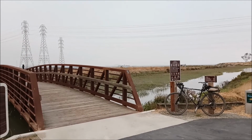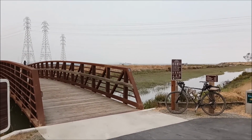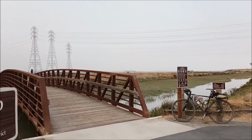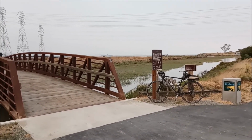They have all the lightning fires burning around the bay. It's pretty bad air quality, but I figured down by the bay you get the wind blowing over the water, and at least I can actually see the other side of the bay there, so it's just moderately bad air quality here. And I figured this would be a good time to come up and check out this new part